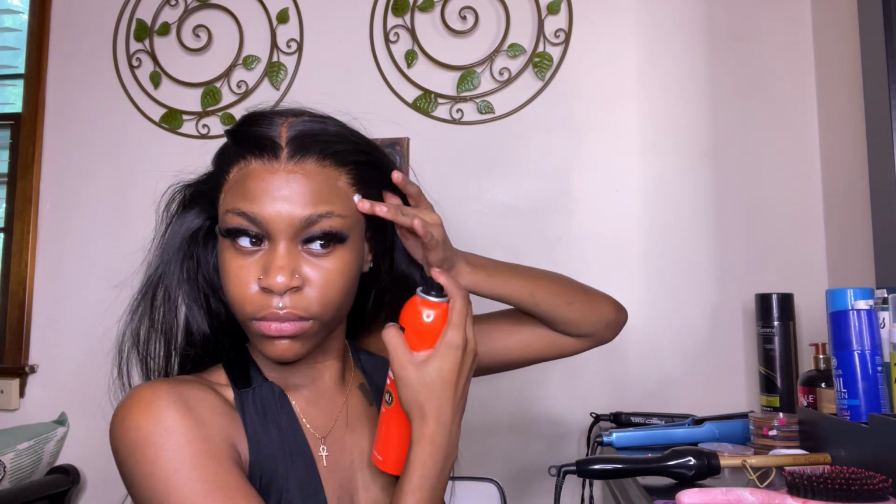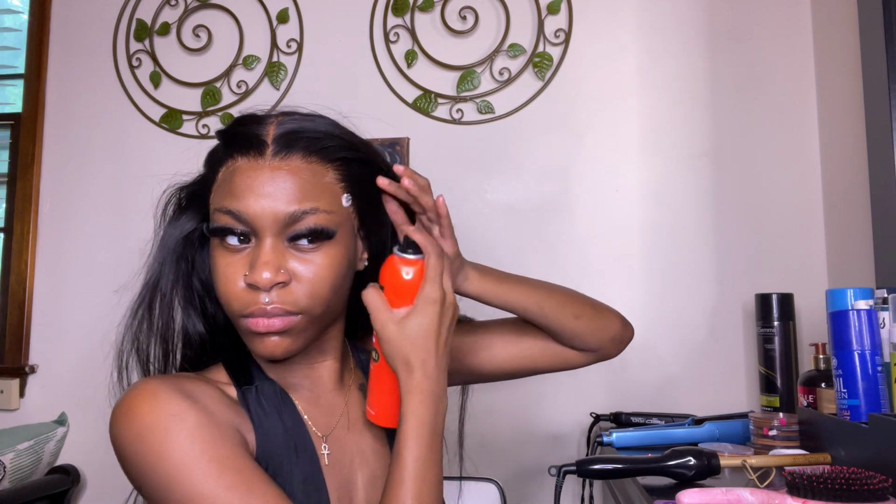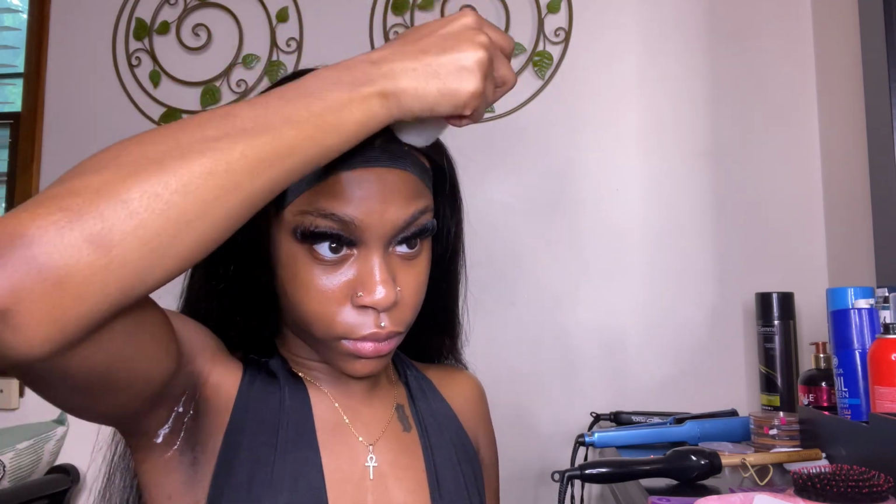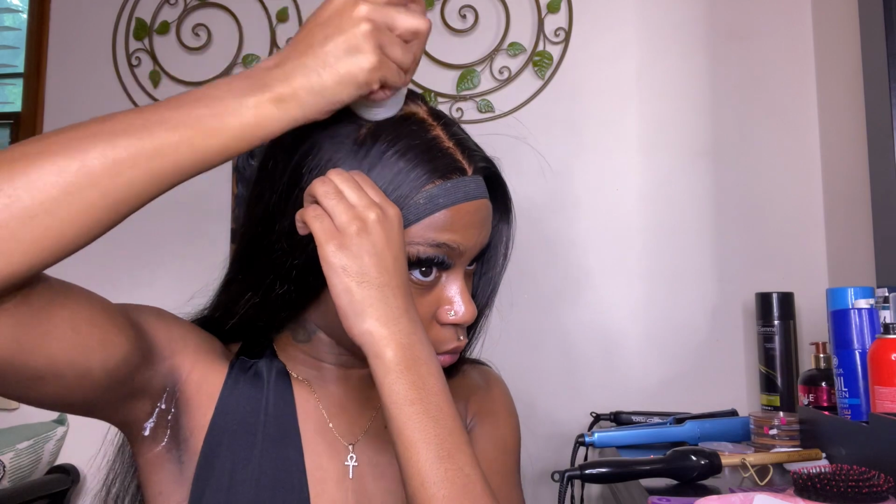I really like how I start to do this, because my lace lays a lot more seamless and looks more natural, more put together, more like scalp when I take the time to do this step. And while this lace is laying some more, I'm taking my Kara wax stick